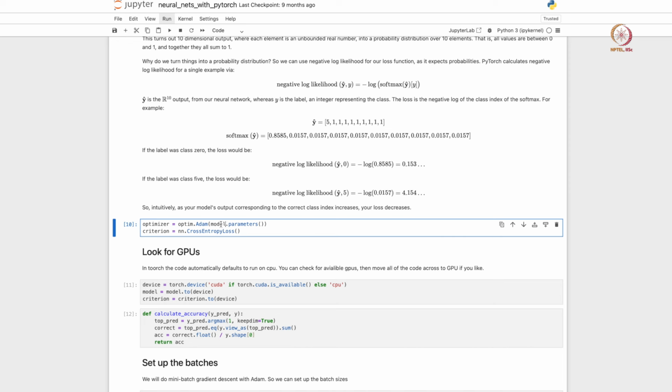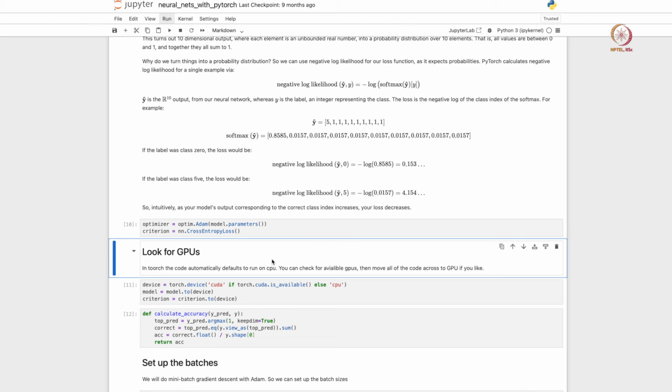So the optimizer we are going to use is basically the Adam optimizer here. If you recollect, in Keras we used the stochastic gradient descent, a very simple optimizer. Here we are using a more state of the art optimizer, and we are going to use the default parameters associated with this Adam optimizer, right. The loss criterion is going to be our cross entropy loss, because we are going to do multi classification. So let us declare these two.